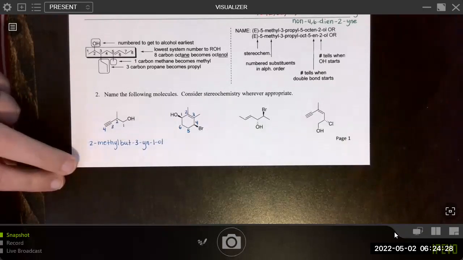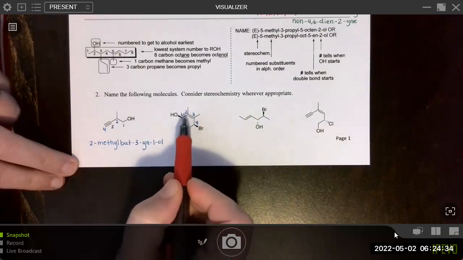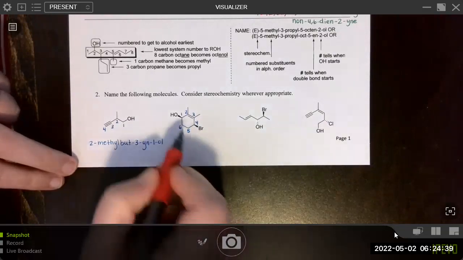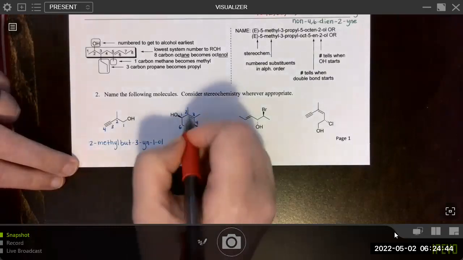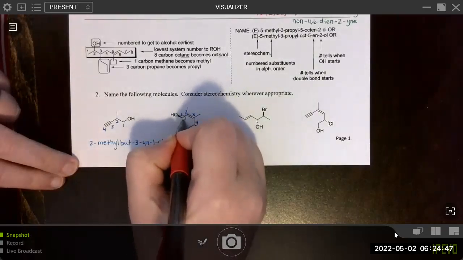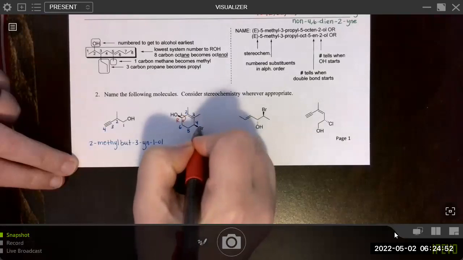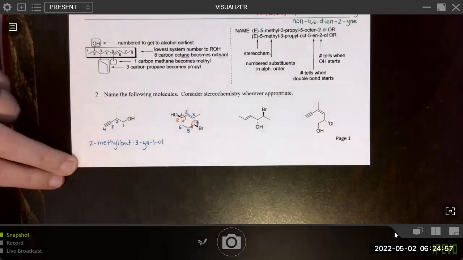So what about the chiral centers? That is important. Because it's in a 6-membered ring, it is known to be cis, so we don't have to include that information in the name. But we do need to include the R and S designation on the 2 chiral centers. In terms of priority, we have 1, 2, 3, fourth priority group pointed back, so this is R. Here we have 1, 2, 3, and then fourth priority group again pointed back, so this is S. So we'll put that information to begin with. So 1R, 4S.